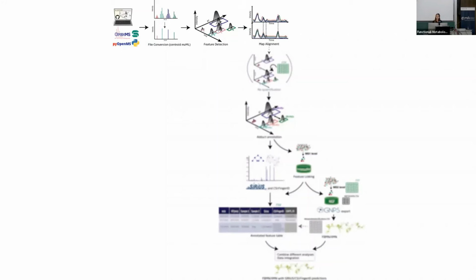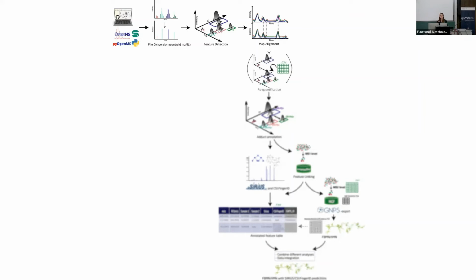Cool, then map alignment, another very important step. You will also use that tomorrow with MZmine. So here, this algorithm corrects for retention time shifts. That is something that is very common if you use liquid chromatography in front of your mass spectrometry. The algorithm will take the file that has the largest number of features, and that would be your QC, your pooled QC, as Martin said. So if you have a pooled QC, you don't really have to define it.